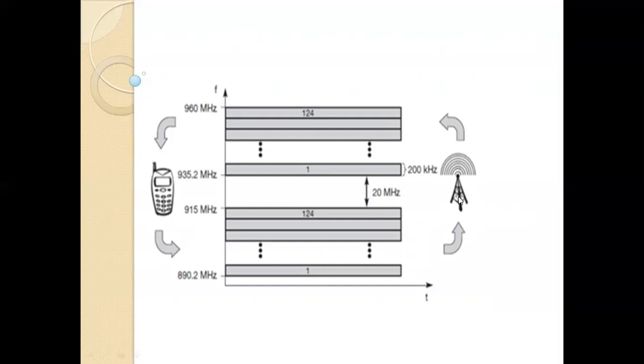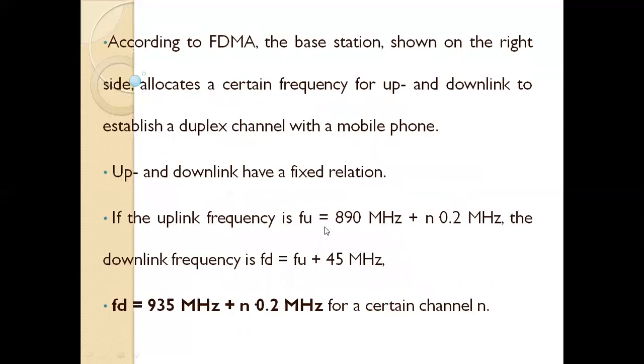Now sender 2 sends data to sender 1. Now sender 1 is the receiver, sender 2 is the user. Sender 2 sends data by using this base station. Now sender 1 wants to download that particular amount of data by using this particular frequency range, that is 935 to 960. So this is the download range for mobile station. This is the upload range for base station. So uplink and downlink have a fixed frequency relation.